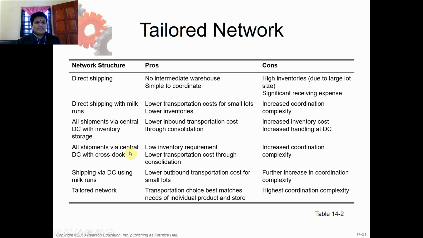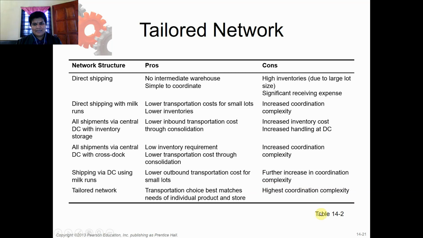So all shipment via central DC with cross dock, low inventory requirement, lower transportation cost through consolidation. This is the plus point of using this network structure. But the minus point will be increased coordination, again complexity. Okay. Shipping via DC using milk run, lower outbound transportation costs for small loads, further increase in coordination complexity. Tailored network, transportation choice best matches needs of individual product and stores, but highest coordination